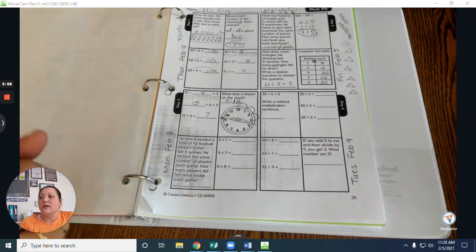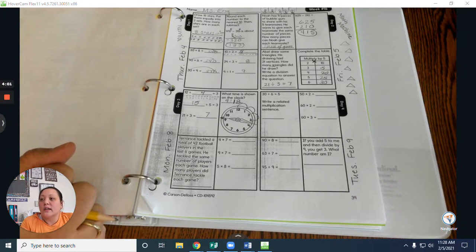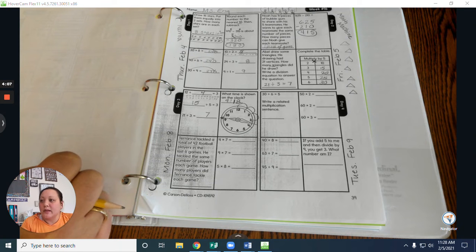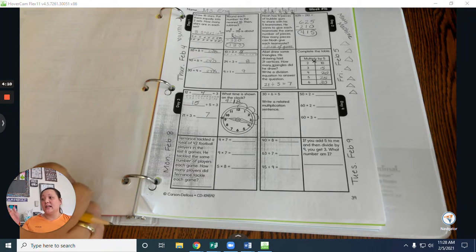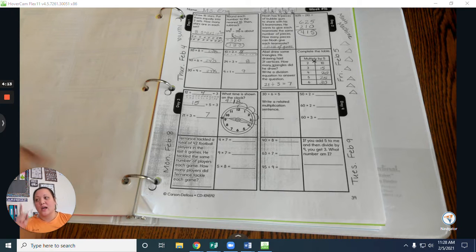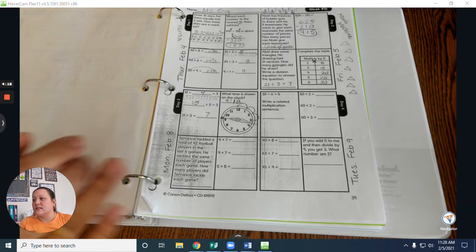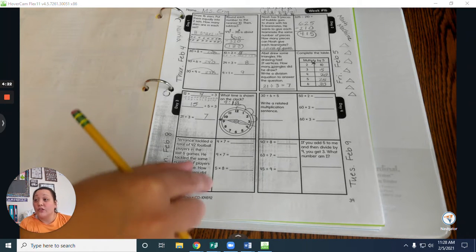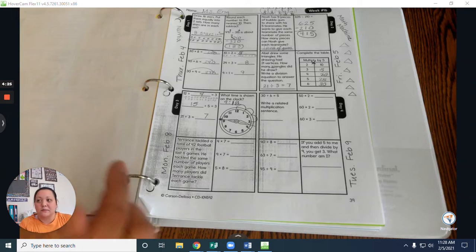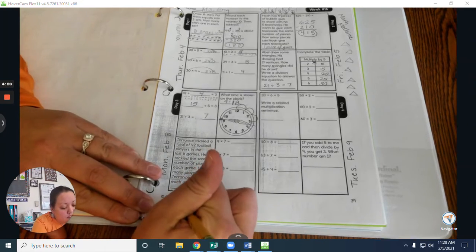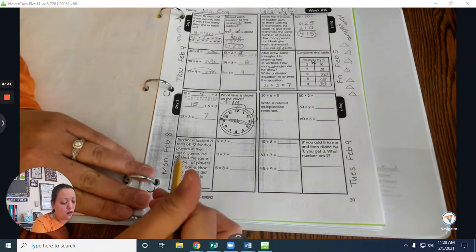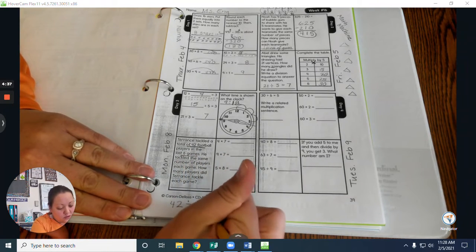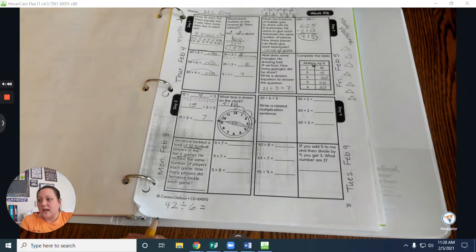Now let's look at this next problem. Terrence tackled a total of 42 football players in the last 6 games. He tackled the same number of players each game. So that's basically saying that it's equal groups. So it's not like one game he tackled 5, another game he tackled 4. He had the same number of tackles in each group. How many players did Terrence tackle? So hopefully when you are reading this, you're like, a division problem. So the division problem is going to be 42 because that's the total number of tackles he had. So 42 tackles. And he had 6 games. So 42 divided by 6